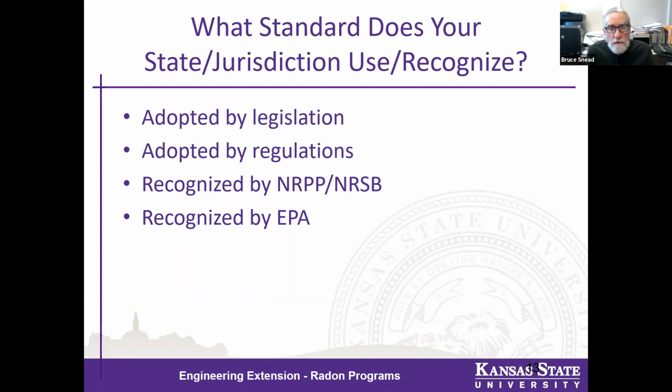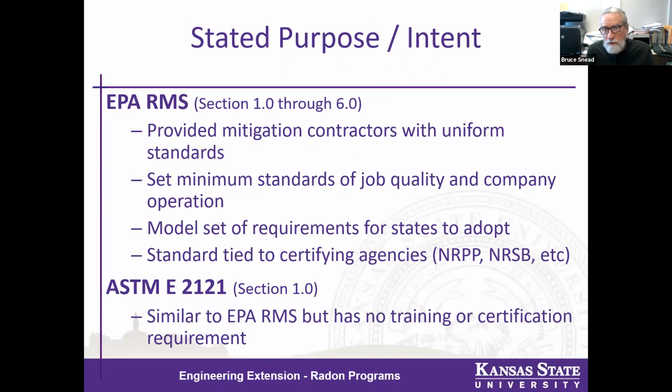And if you are not in a certifying or licensure state or jurisdiction, what one are you using as a mitigator in terms of the installation and what you're trying to comply with? So these are some of the ways standards are adopted, and here's the stated purpose and intent of the standards. EPA has looked, again, done in 1993, addressed many things that are somewhat extraneous now in terms of the standards. And ASTM 21 was similar to EPA radon mitigation standards, but they were intended, again, for a set of regulations